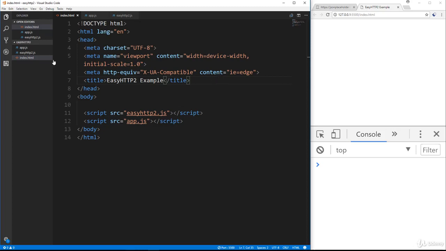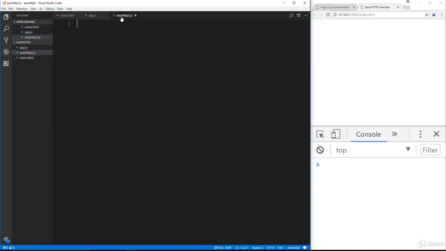Alright, so I have here just an index.html. We're including a file called easyhttp2.js and app.js, which are both empty. And we have nothing in the body, which is fine. We're just testing everything in the console. So let's go to